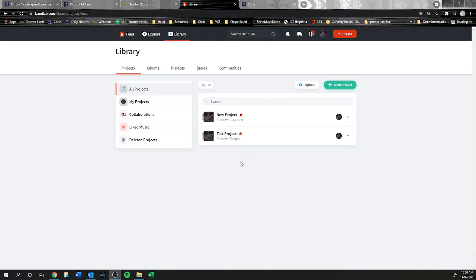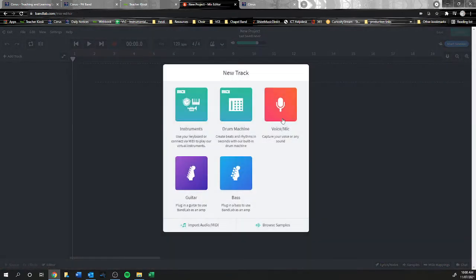All right, so to create a new song, we go ahead and press the create button in the top right hand corner, so I'm going to do that. And it brings up this window here for a new track. There are lots of ways you can go here. We're going to go for the browse samples, but just to give you a bit of an outline, instruments is